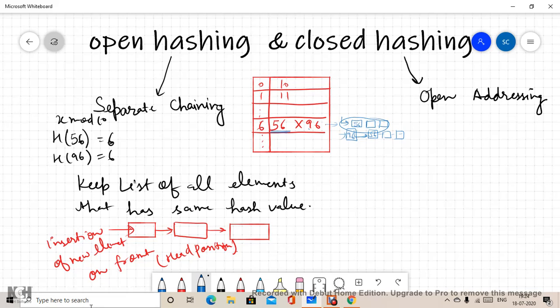As I said in my previous video, hashing gives us big O of 1 search speed. In this case, to search location 6 we have that time complexity, but inside it, because we are forming a linked list, the search time will increase, but we are not losing our data.